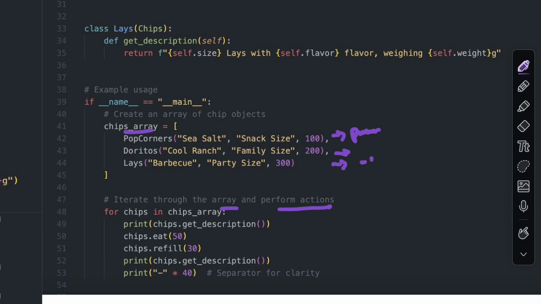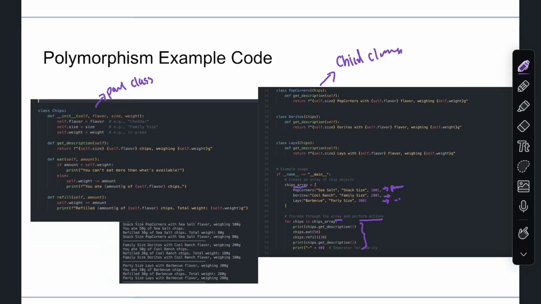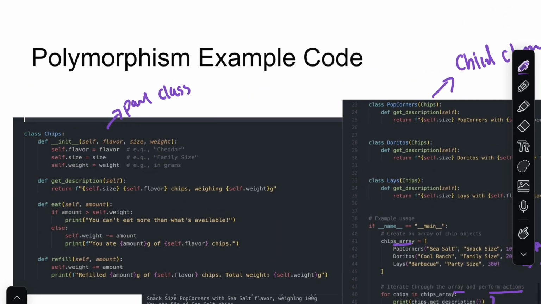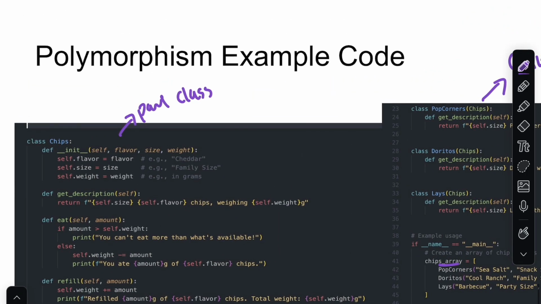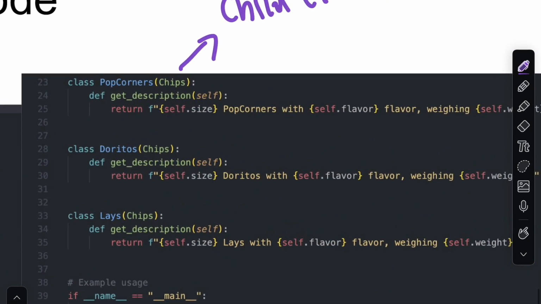So we simply call print chips.getDescription method for each iteration. And notice that we do have a getDescription method here in the parent class, but for all of the child classes, we have overridden